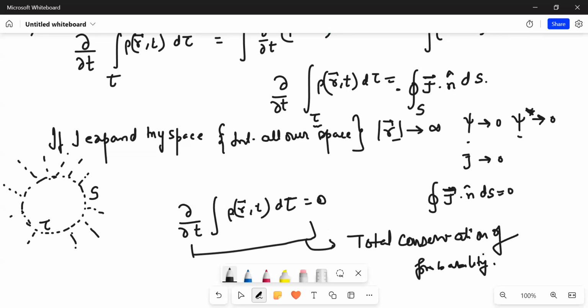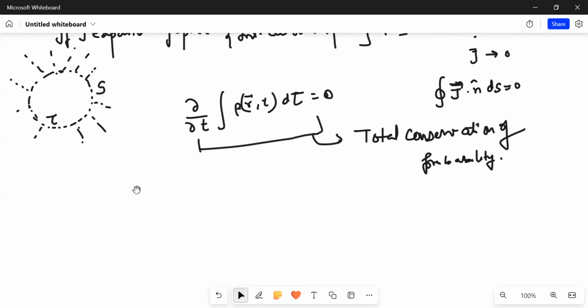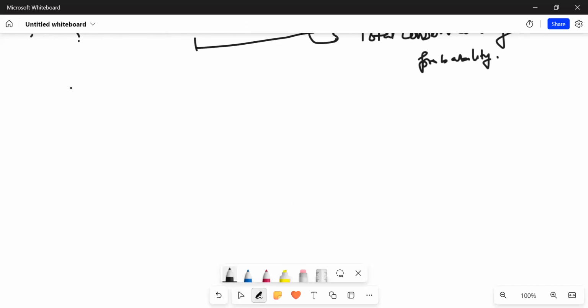Now, just think of this thing. Let us take it in one dimension. Probably that may make sense. One more thing, let us do some questions also, don't worry, but let us first think about this. The same equation, if I want to write it in one dimension, what would it be?